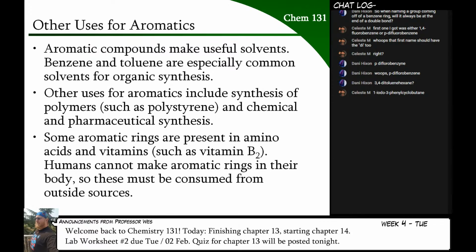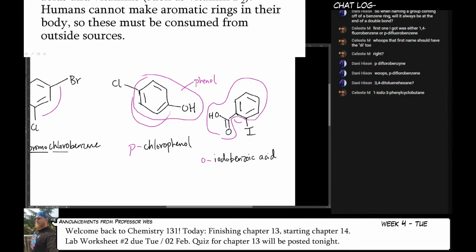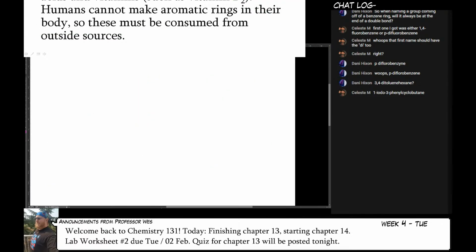Besides the biochemistry, we use other aromatic compounds for solvents and synthesis and stuff like that. So polystyrene, which is a polymer, looks like this. I'll just draw polystyrene really quickly. If I have styrene, which is this, and I worked with styrene as a grad student. Actually, styrene was bad for me. It meant my reaction didn't work. But if I take styrene and I react it with another styrene,